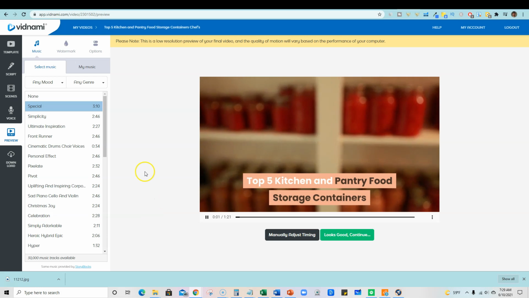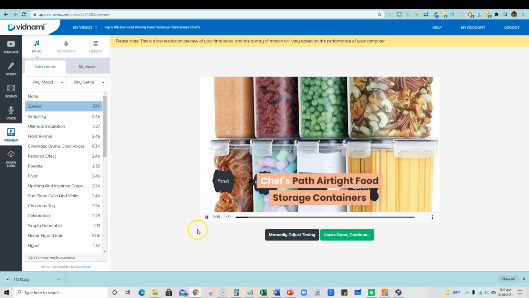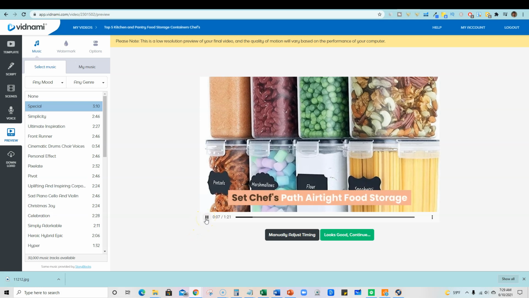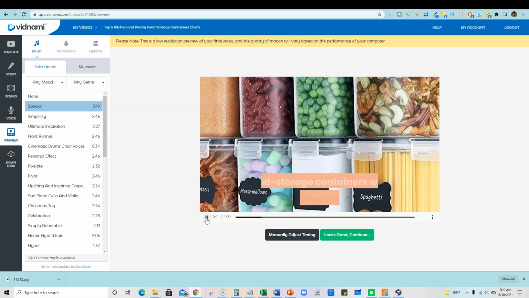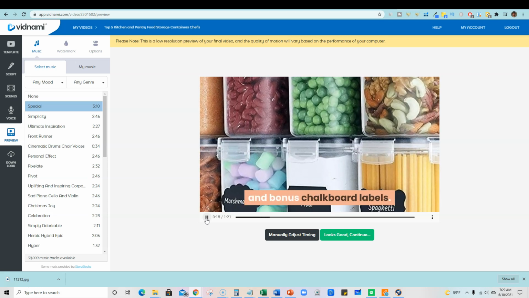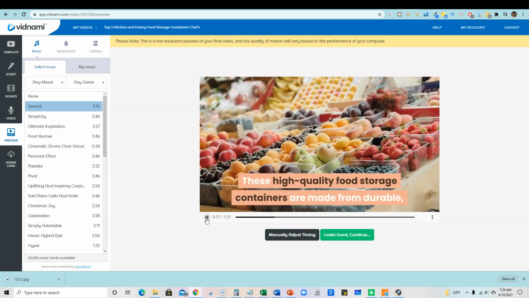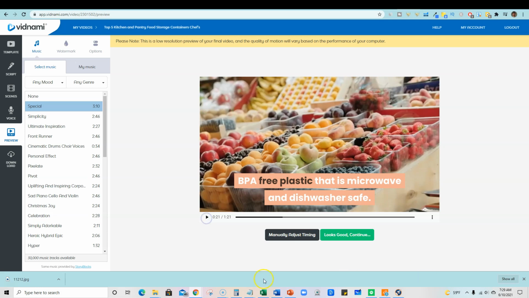Top 5 kitchen and pantry food storage containers. Chef's Path Airtight Food Storage Containers Set. Chef's Path Airtight Food Storage Containers Set is a premium bundle of 14 airtight food storage containers with measuring spoon set and bonus chalkboard labels. These high-quality food storage containers are made from durable, BPA-free plastic that is